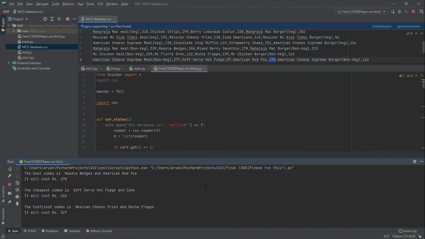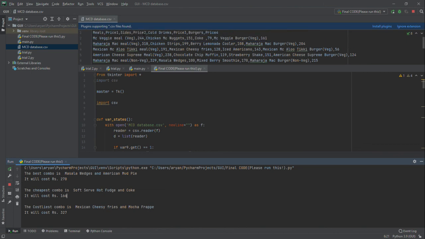And do note that we haven't included individual items like only burger, only meals, because that will be really easy for the user to figure out. We've only done combos where it's difficult for people to sit and add numbers like 112 and 259 or 199 and then 170 and 100, so that they don't get confused. And also it shows everything in the menu. At least that's what we have planned, but we couldn't get everything in the CSV file on time. So this is just one basic version of this. And do note that